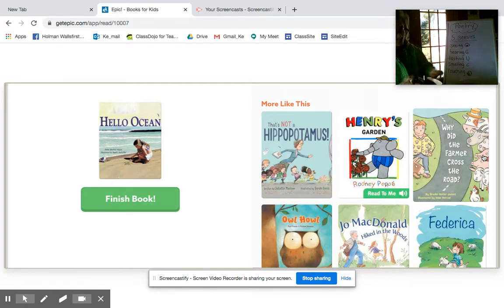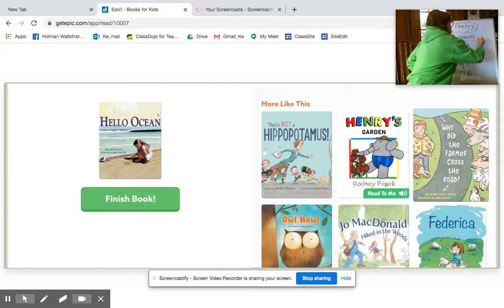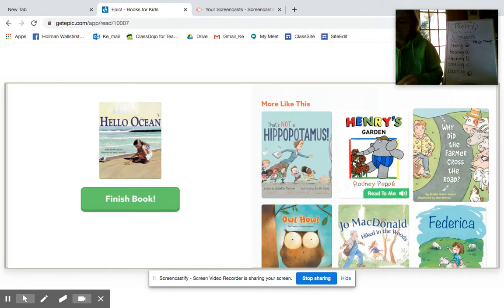Okay, so our five senses. Our topic today is going to be a movie theater. So Mrs. Holman's going to write movie theater. As I'm writing, I want you to think about a movie theater that you've been to. I'm going to give you a second to think. Maybe you've gone to watch a movie. Maybe you went to watch, I don't know, was Frozen 2 the last one to come out? I'm not sure. But I want you to picture in your mind how we can use our five senses to